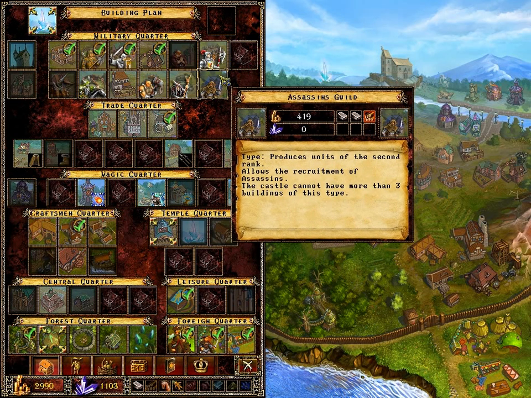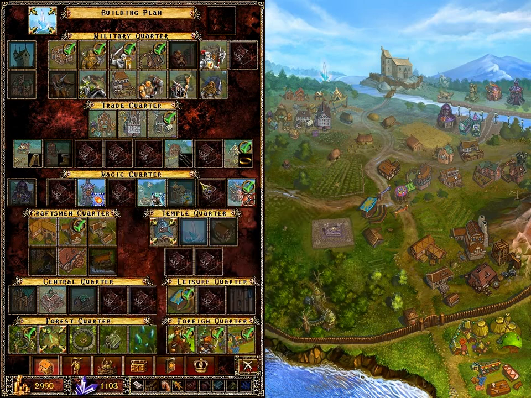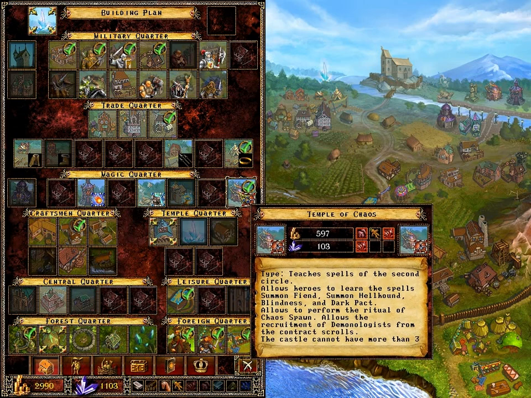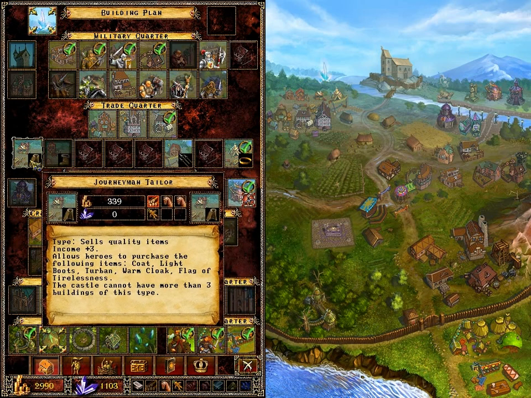Our domain has unlocked Tier 2 units, and we've been using the cavalry for a few episodes now. We've built our first Tier 2 spell school, the Temple of Chaos, and we'll hopefully be able to put demons in our armies soon. And we'll go ahead and begin constructing some Tier 2 shops probably in this episode, if